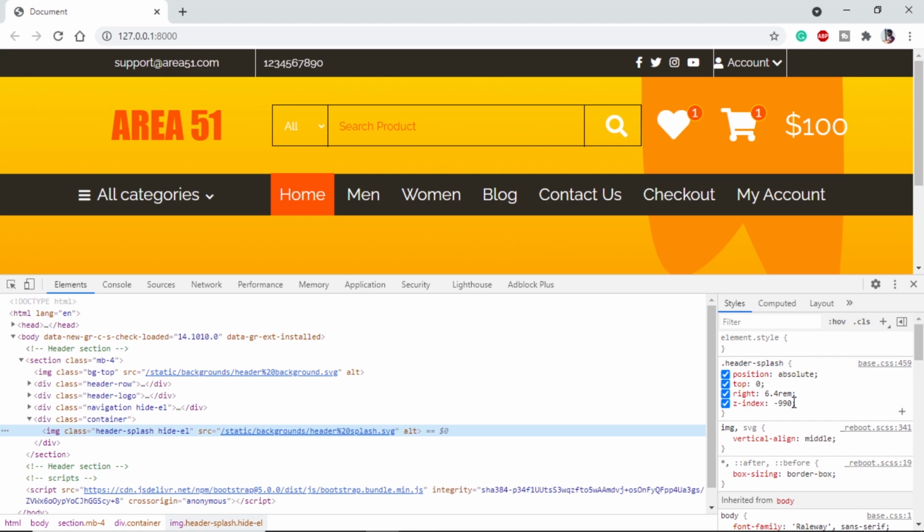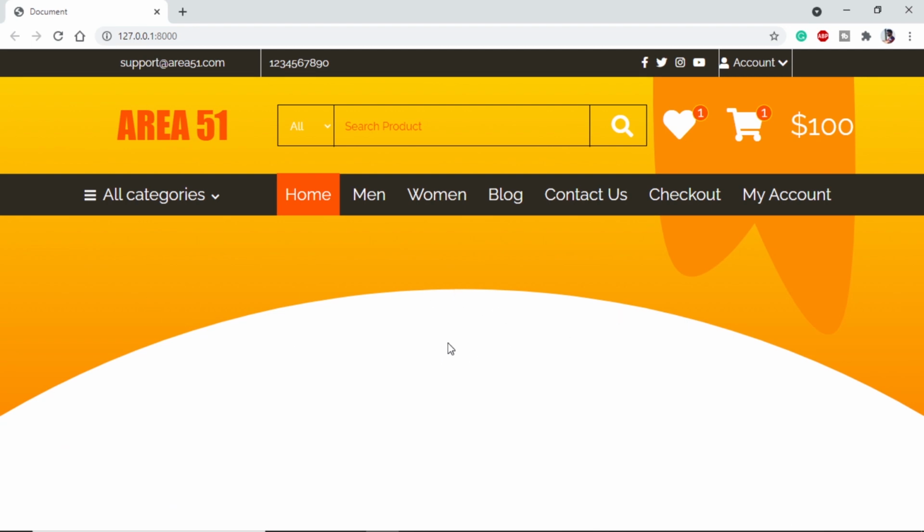One thing to note here is the z-index. Notice how the z-index is -990, but for the background we have it -999. So this is also a way we can use layers. If we want it to the extreme backward, we can use the largest negative number. If we want it at the bottom, we can use a little less negative number. And with this, our header section is ready.